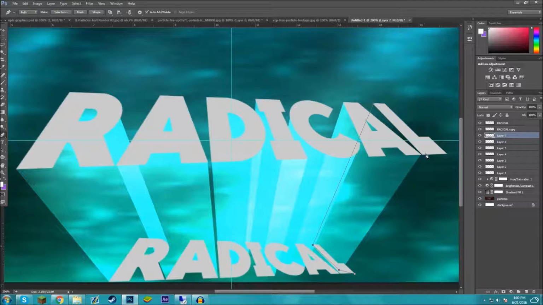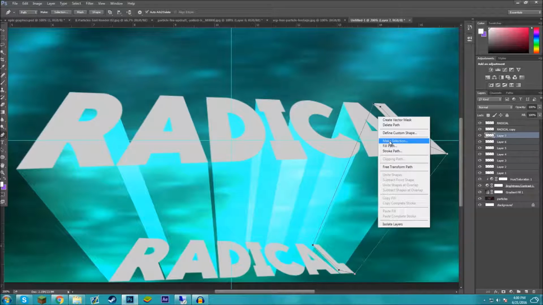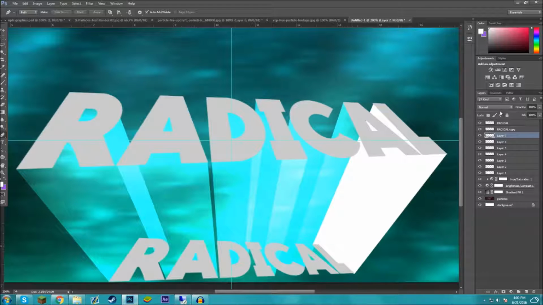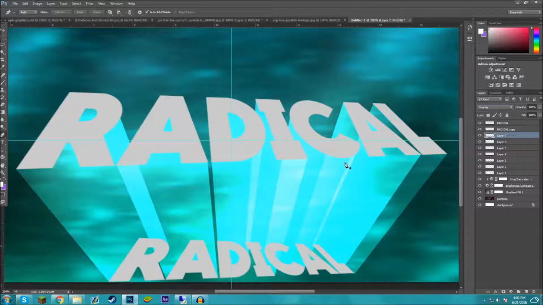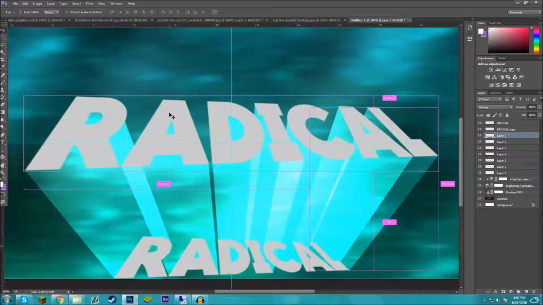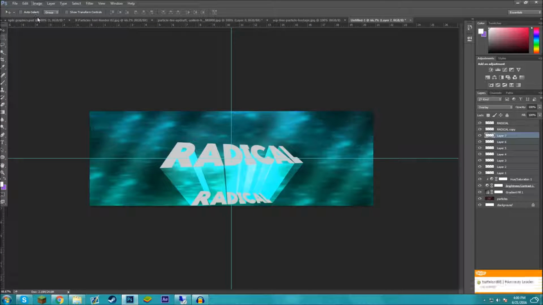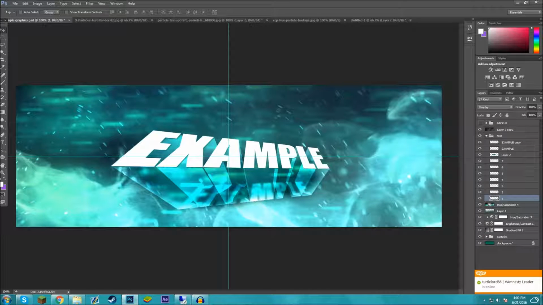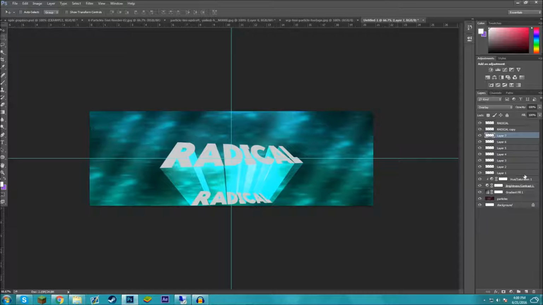And it looks better when your letters are a bit closer together, as there's more overlap and overlay, as it suggests. There we go. Alright, let's zoom out. Now we've got that cool 3D effect. It's quite a lot bigger than my previous one, but in the end it looks pretty good if you ask me. And what you want to do is go to your bottom layer,